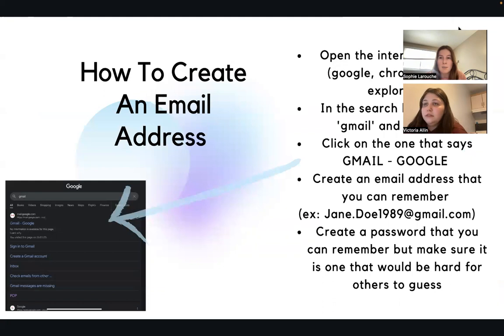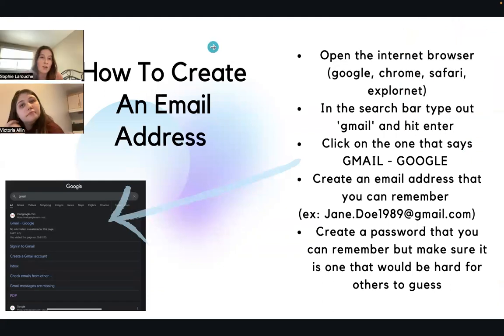So I guess the main important part here is how to create an email address. So the first thing you're going to do is just go to any internet browser, whether that's Google, Chrome, Safari, ExploreNet, whatever you have on your computer. And in the search bar, you're just going to type in Gmail and hit enter. So once you do that, you'll see all these links. It should be the first one that pops up, but if not, it's one that'll say Gmail Google, like the picture shown here. And then you're going to click on that and it's going to prompt you to create an